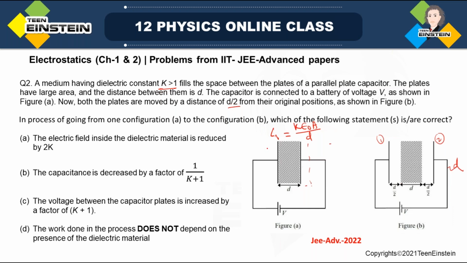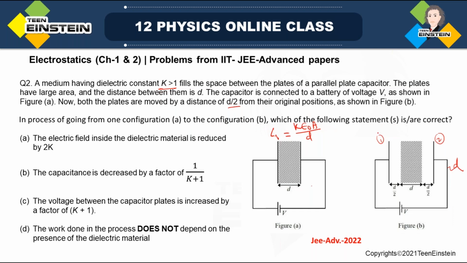Now both the plates are moved by d by 2, as you see in figure B, from their earlier position. So figure B is very clear here. You can see the situation is shown there, that both the plates are moved by a distance d by 2 from their original positions as shown in figure B. Now the question is, in the process of going from configuration A to configuration B,